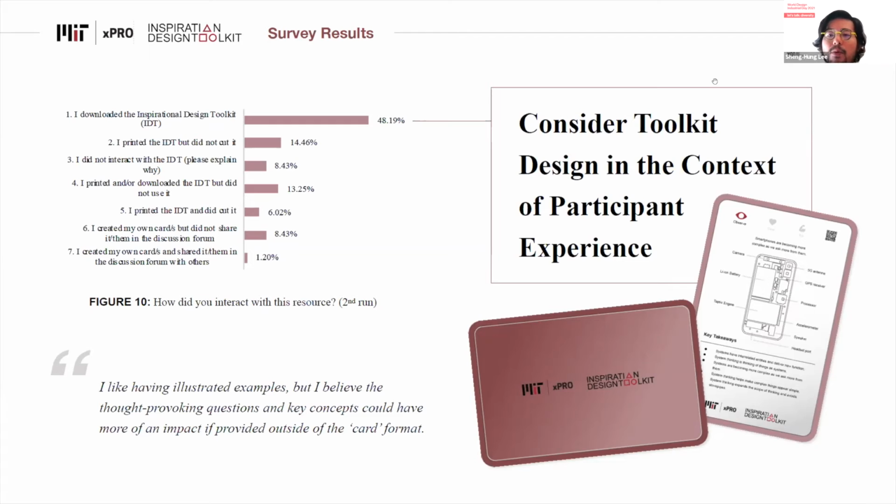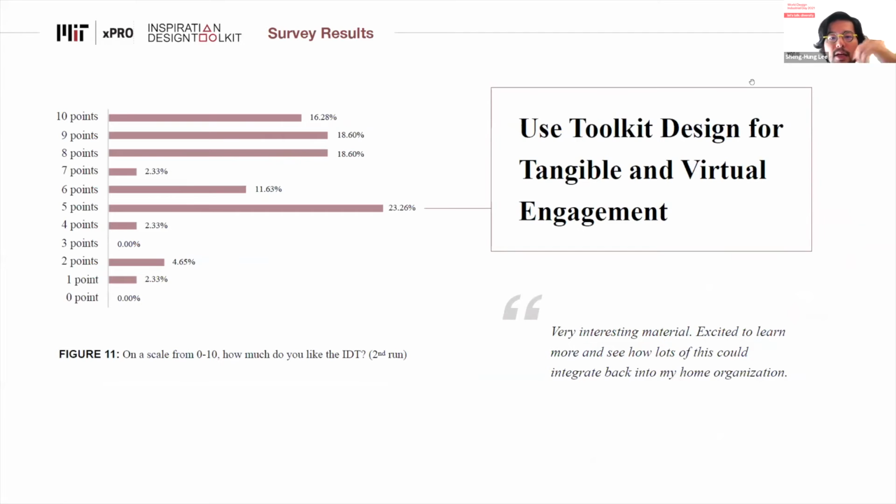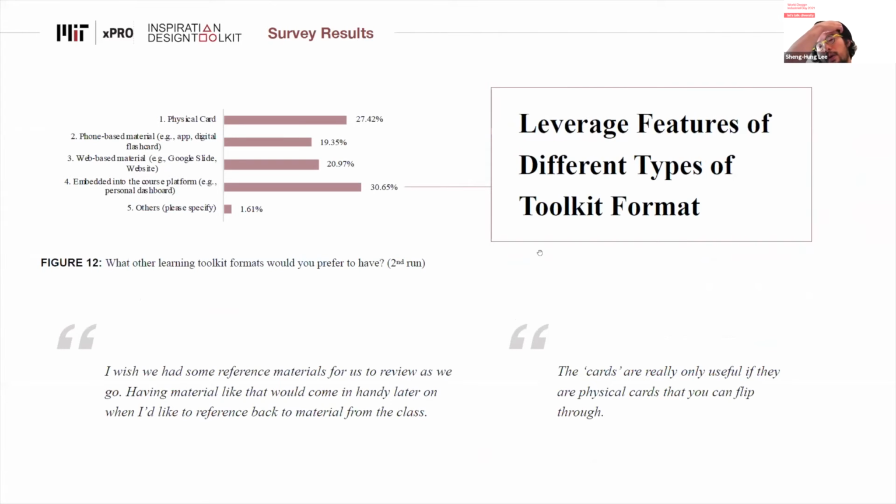So we think about when and where they use this toolkit. And then we also want to use the toolkit design for tangible and virtual engagement. And like I said, because of COVID, we don't have the chance to do the physical prototype, so mainly now everything is in virtual format. People say it's very interesting material, excited to learn more and see how lots of this could integrate back into my home organization. And then we also think about how to leverage the features of different types of toolkits. Like I said, physical, digital, and digital could be a phone-based app or a website, or the design could be